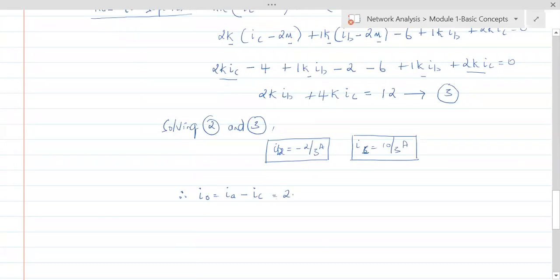And your answers are in milli or what? That you didn't tell me. It's minus 2 by 3 milli and 10 by 3 milli. Yes or no? Yes, sir. I should say they are in milliamps, otherwise we'll get wrong answers. So they are milliamps, mind you. Those who have not taken, take them as milli. It's 2 milli minus 10 by 3 milli. So this implies that our I naught would be minus 4 by 3 milliamps.